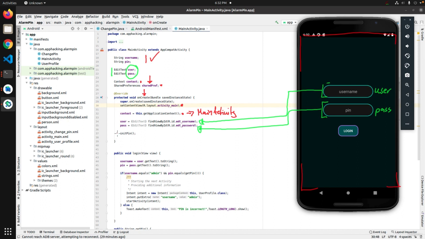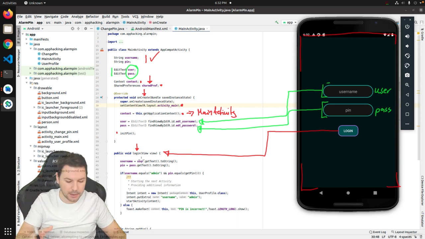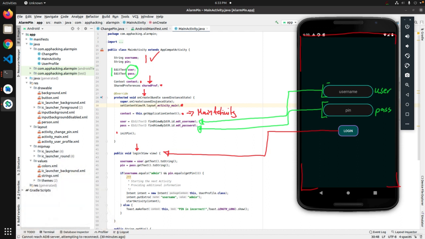Okay, and then we've got an init pin method, but we do not take care about this one right now. Next, we've got the login function, this one, and now it's becoming interesting. The login function seems to be connected to this button. This means if you're pressing this button, this function will be triggered. And this is something we need to look up in the layout of this activity. So if you reverse engineer an application, we need to have a look into the activity main layout, this one,